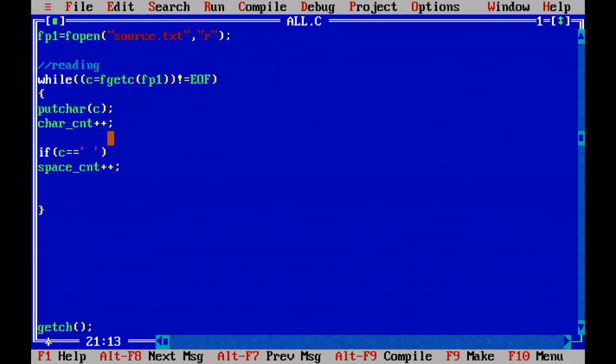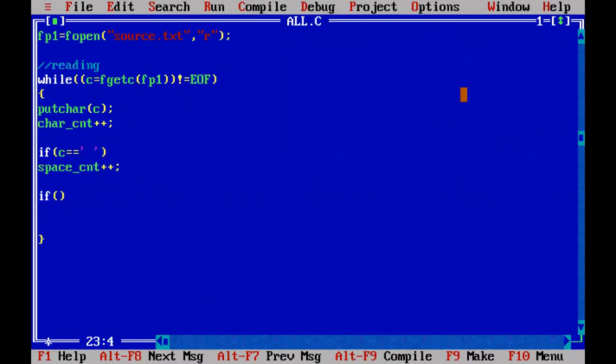So how many times it is equal to space, those many times the space count variable will increment by 1. That means after completion of all the characters in file pointer fp1, when you print the space count, that will represent the number of spaces in the file.